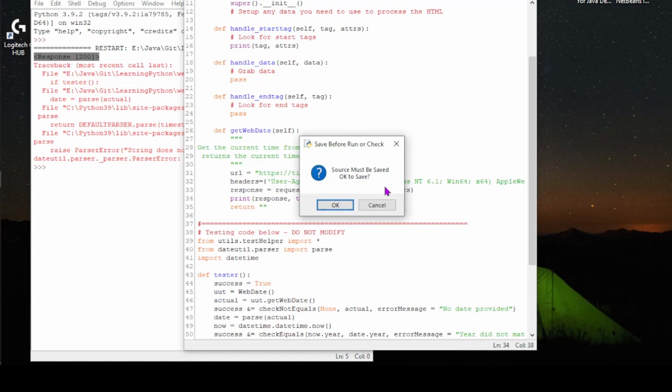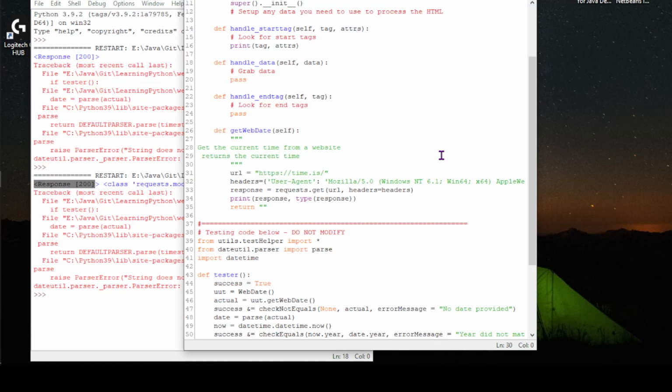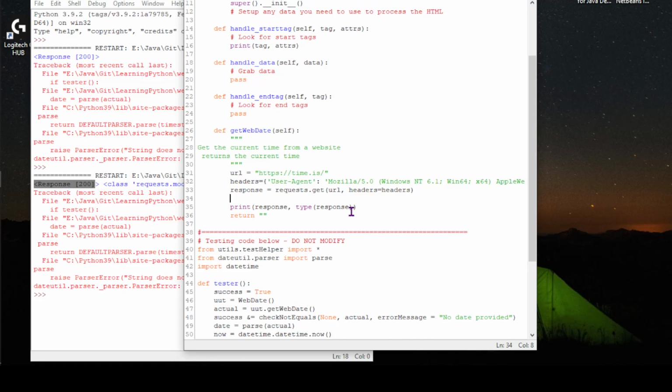So let's run this again real quick. And we can see the response is a class. It's a requests.models.Response, and it has stuff inside of it. And by default, it's just printing out what the response was. It's not actually printing out the HTML directly for you at all. So if we want to see the HTML, we don't actually get the response. But what we need is, if we want the HTML, we can say